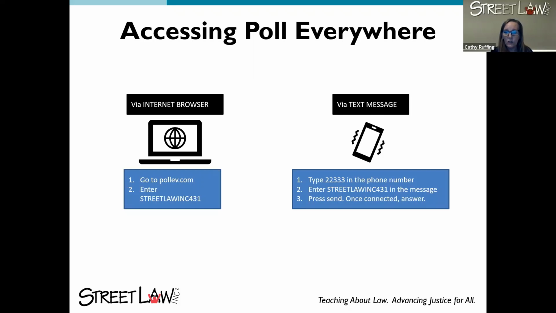Not all of the functions work as well on your phone if you're doing it by text message. So if you can do it by internet browser, that would be the best. Ben Marks just dropped the Poll Everywhere URL, so if you could open that up, but then hold off on answering anything for a moment, if there is a place for you to put an answer, because we're going to talk about some specific directions. And again, if you're having trouble accessing Poll Everywhere, it's not a big deal.